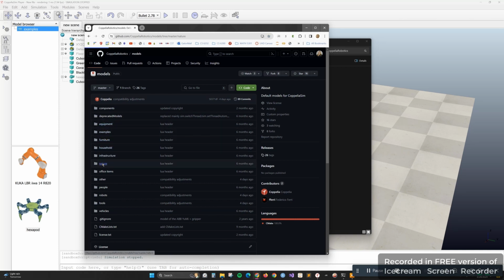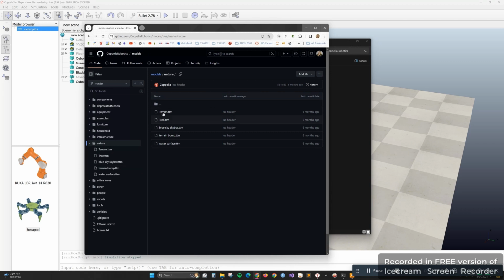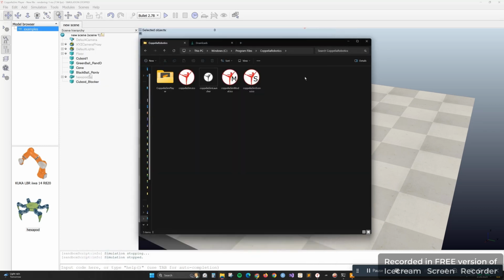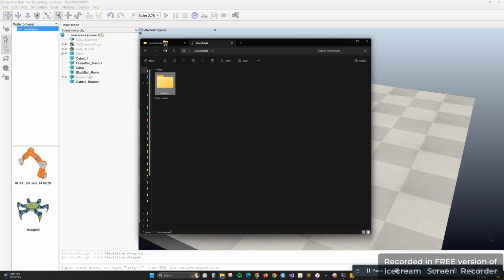I'm just going to show you this nature one. You download trees, so anything with a .ttm is going to be what you're looking for. So I downloaded a few of them already before we got here and put them into my downloads folder. All you have to do really is just drag and drop them to your Coppelia folder,